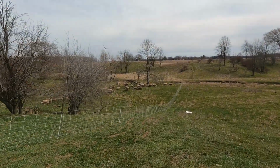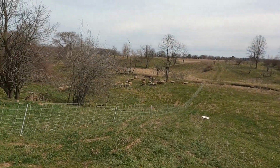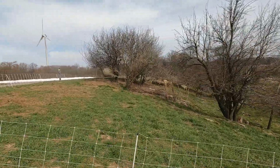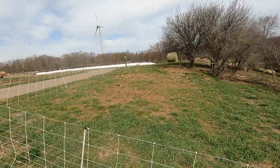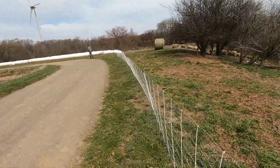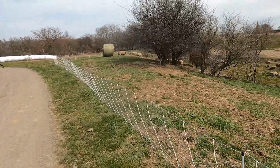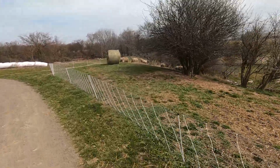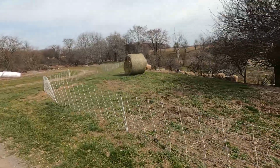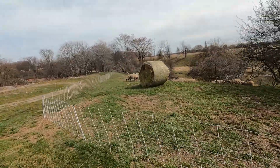All right, so we got them all out here. I think they're happy enough to be out here, but they're definitely already bawling for their lambs, but it is what it is. It is something they get over pretty quick, because realistically they weren't letting a lot of them drink much anyways, and those lambs are eating so much creep feed now that they couldn't have been drinking much from her. So I already got them a bale. We got to get them some mineral and a salt block,